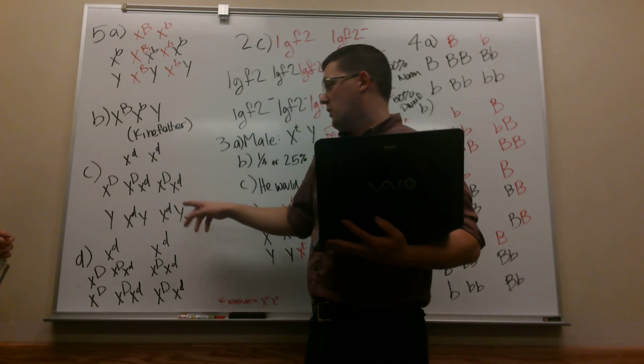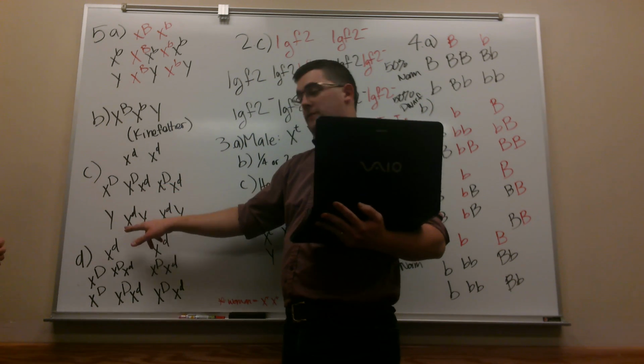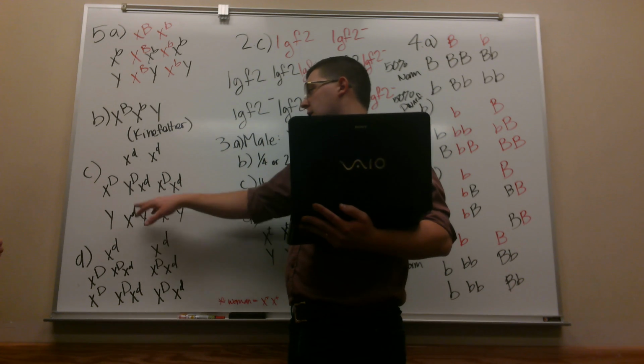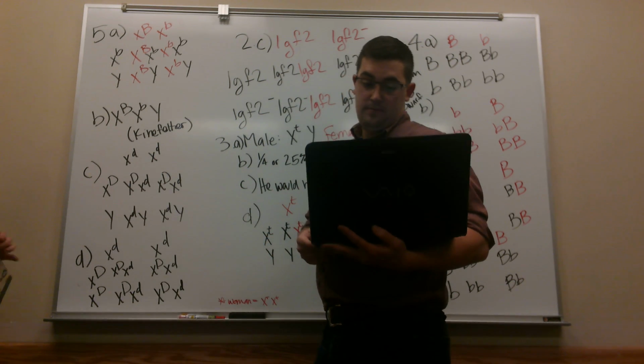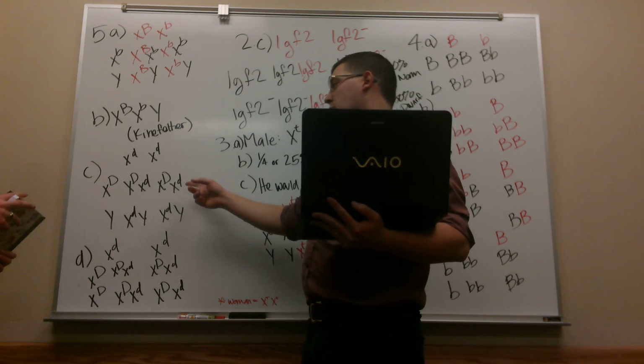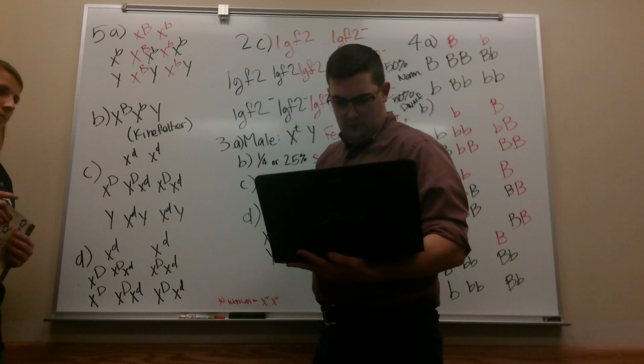So when you cross those, the genotypes of the progeny are right here, the F1 generation. So for the males, you have X little d Y, and for the females, you have X big D, X little d. And the phenotypes of that would be normal females and affected males. And for D,